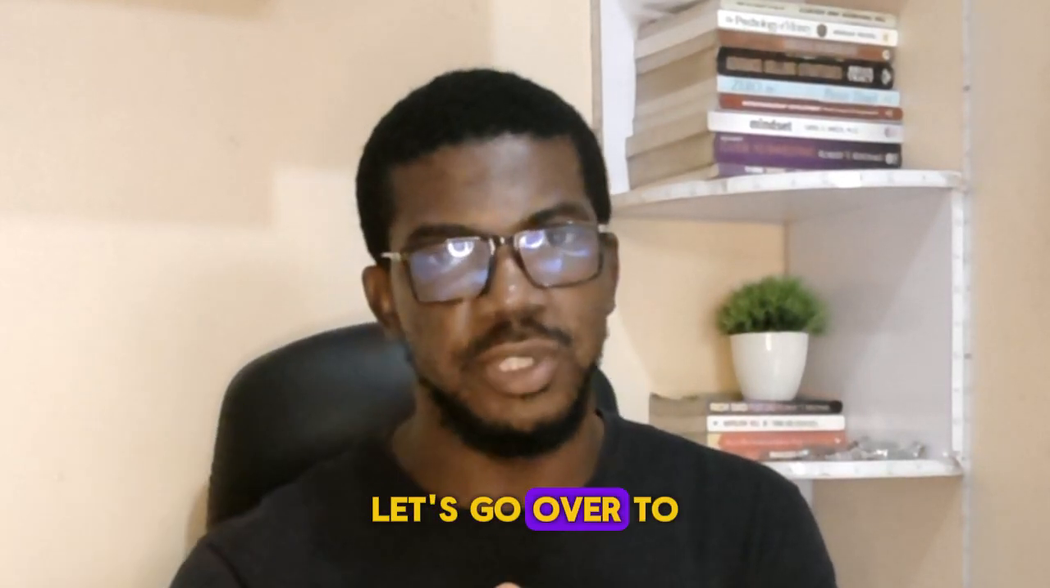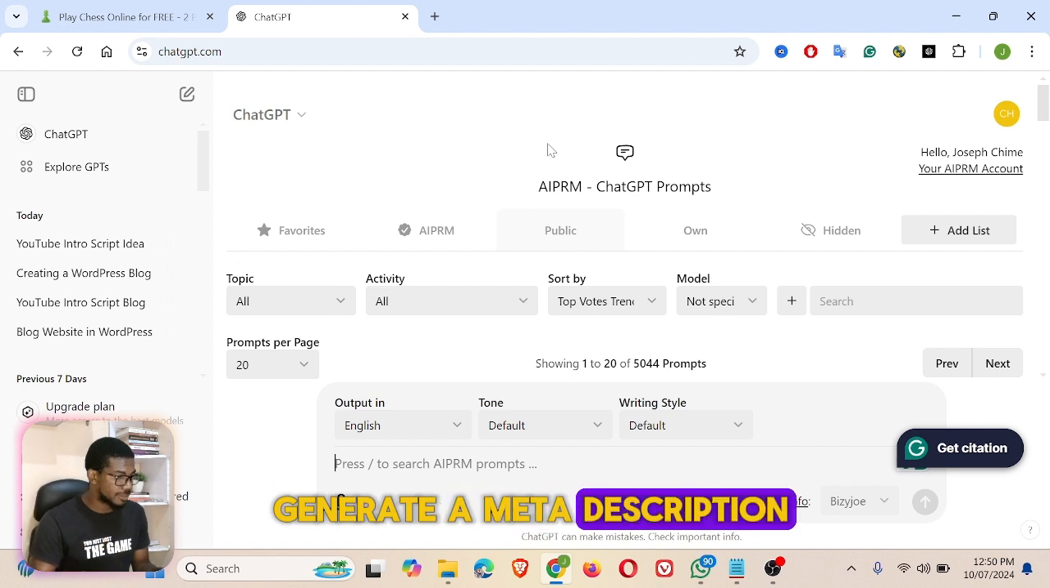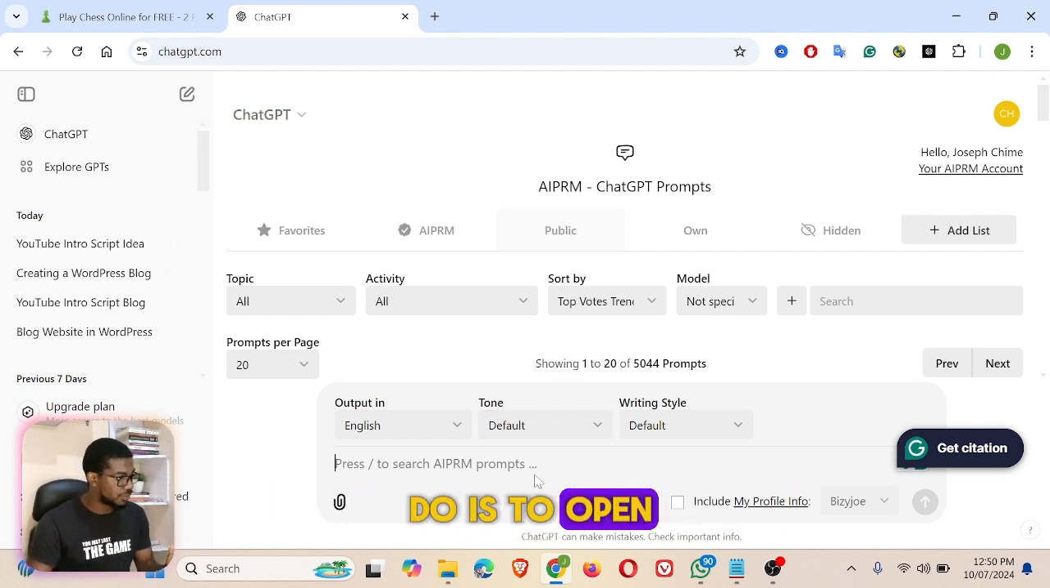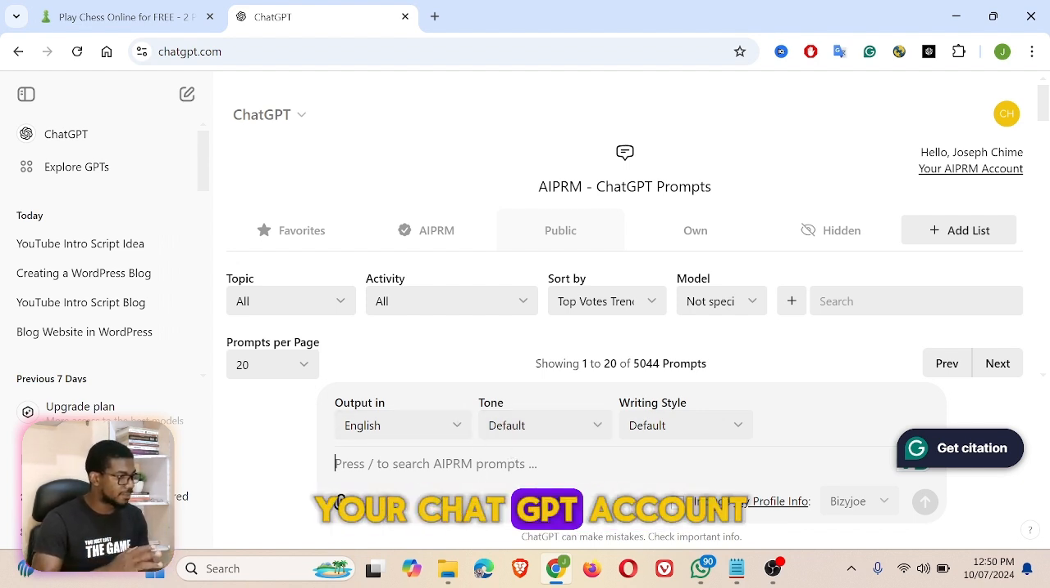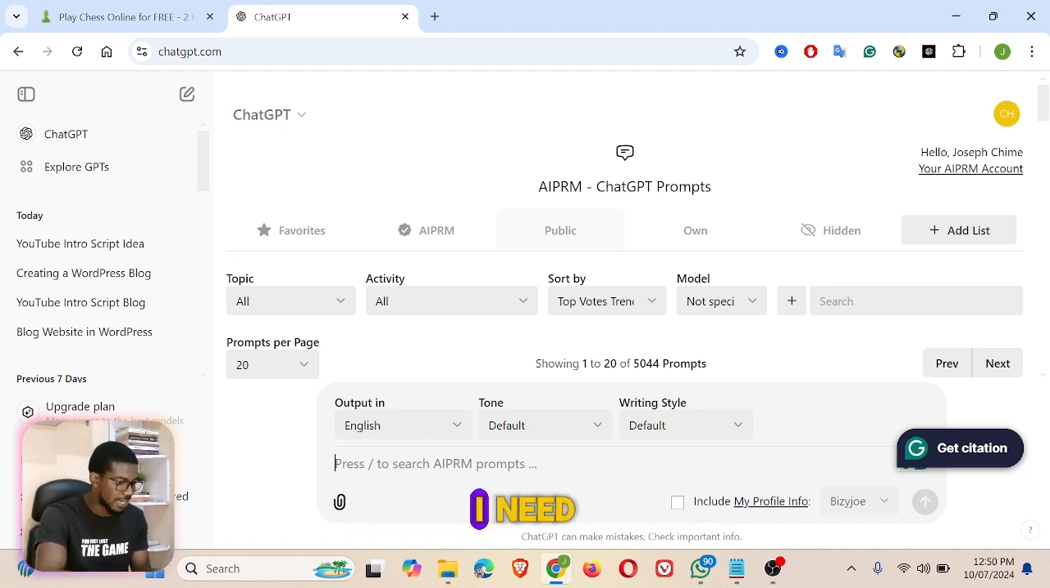So let's go over to my screen and show you how to do that. In order to generate a meta description, you first need to have a ChatGPT account. You can do that by going to OpenAI.com and signing up there. Once you have your ChatGPT account, you can come to your search bar and enter a prompt,